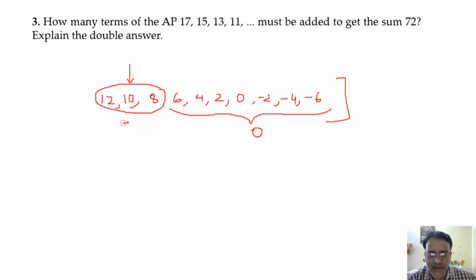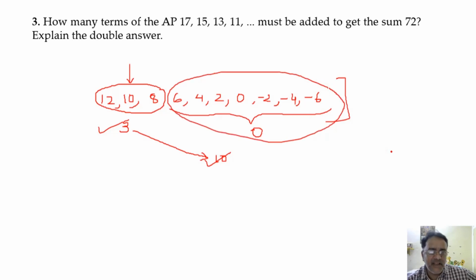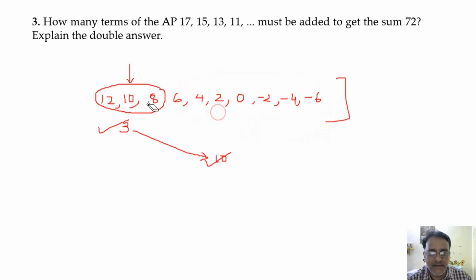Yes, sir. So here n is 3 and the total n is 10. Look carefully, this is a very big gap. So whenever the values of n come with such a big gap, or 4-5 number gaps, what we have to show is that after 3 terms the sum of all the numbers is 0. That is the explanation of the double answer. Clear? Yes, sir. Okay. Now one more thing. Look carefully, I am making an addition in this same question.